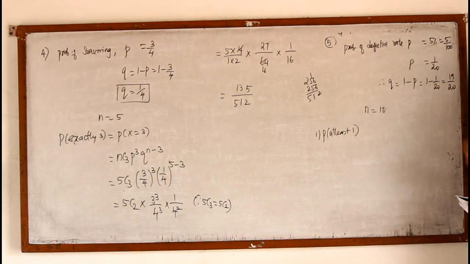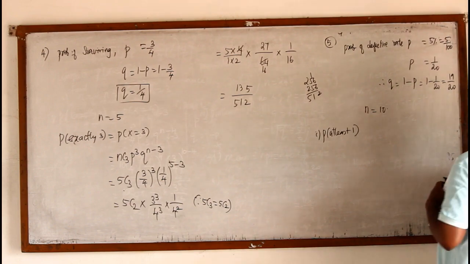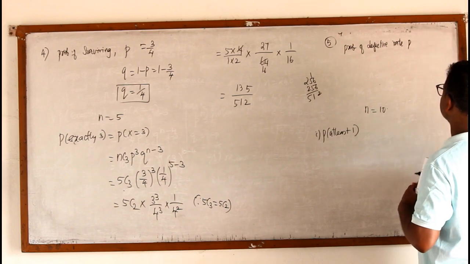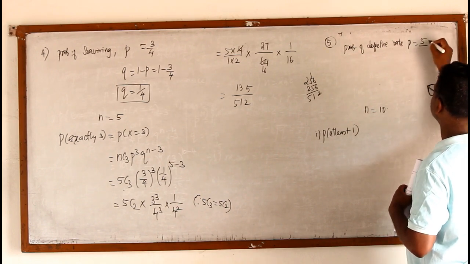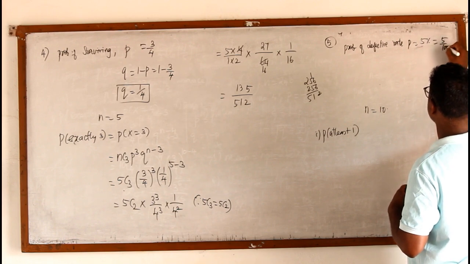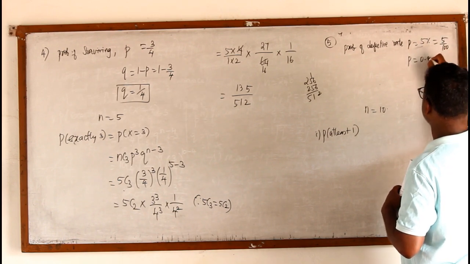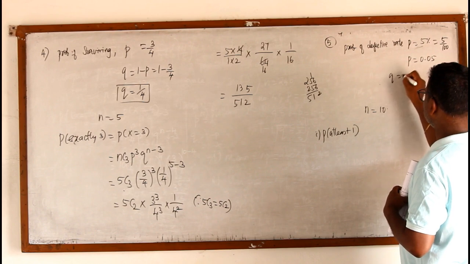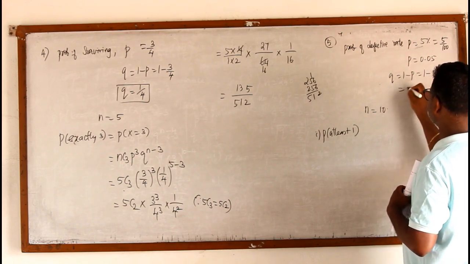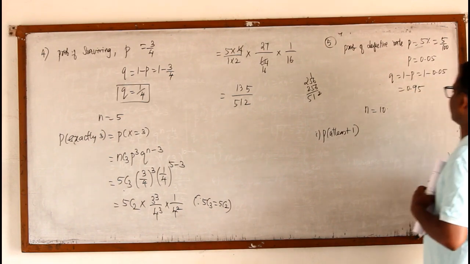Now, listen here. We can do this problem like this, but in the answer, they gave the answers in terms of decimals only. So, we shall write in decimals itself. 5 percent means 5 by 100, is it not? So, P is 0.05. Then Q is 1 minus P, 1 minus 0.05, is it not 0.95?